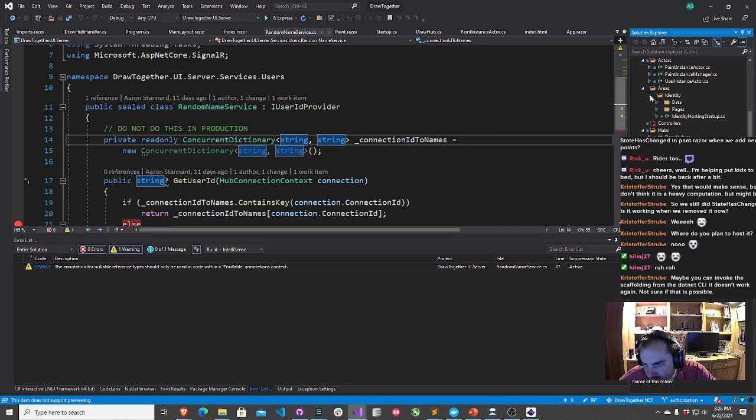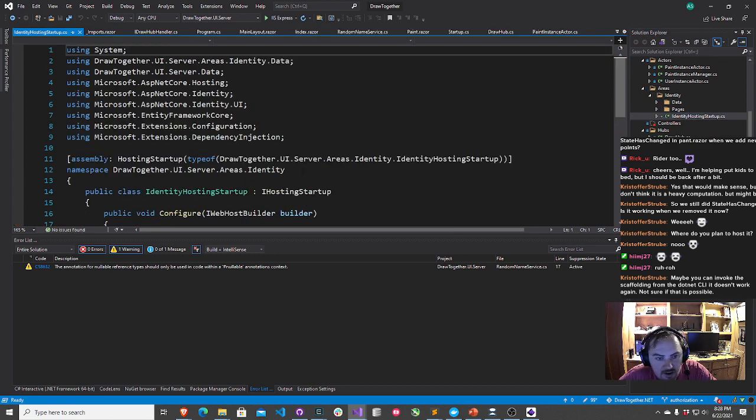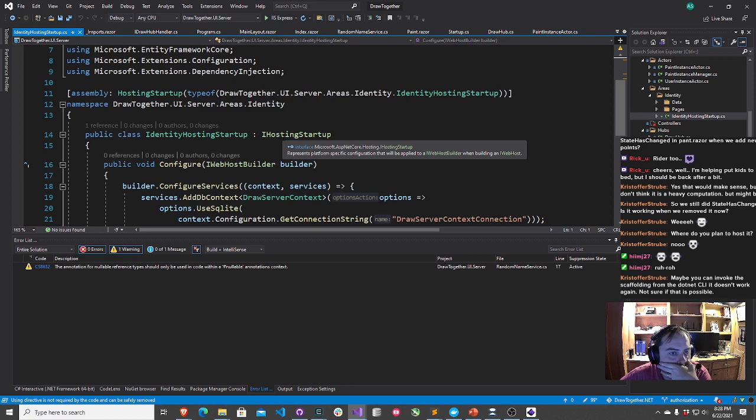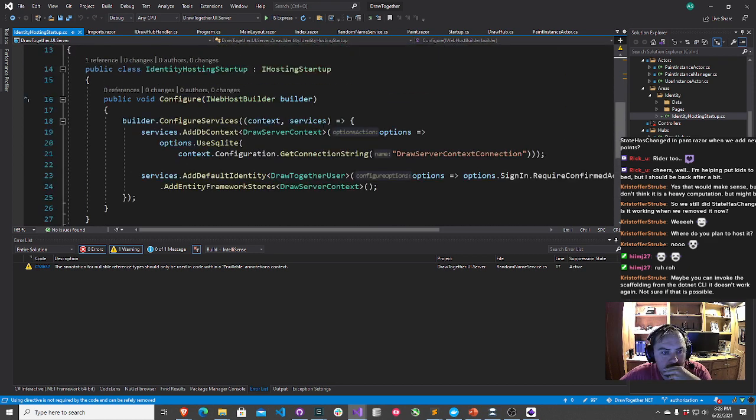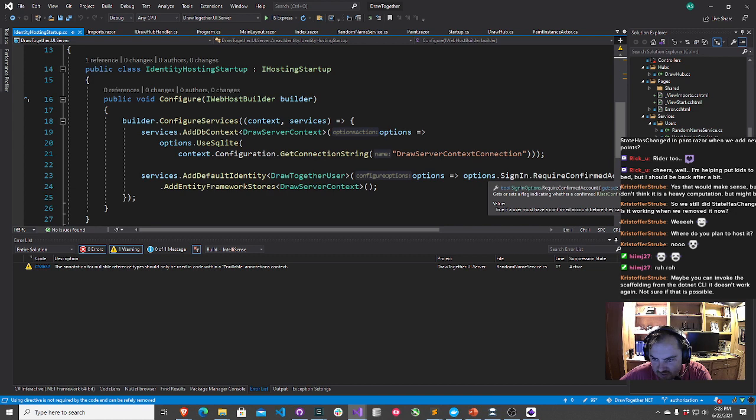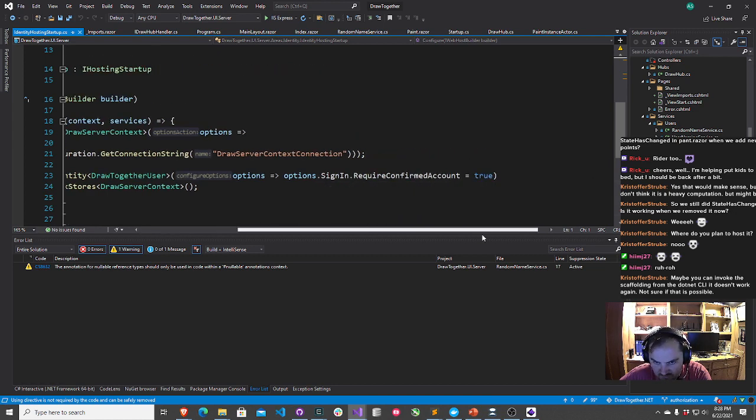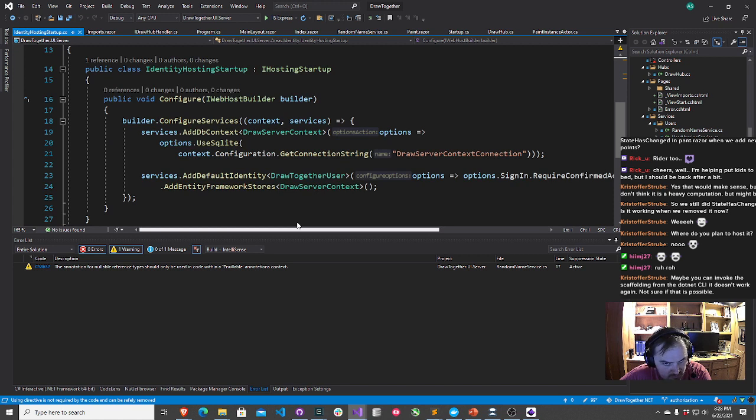And in areas, identity hosting startup. DrawTogetherUser. Options sign in, require confirmed account. Defaults to false. Add default identity.